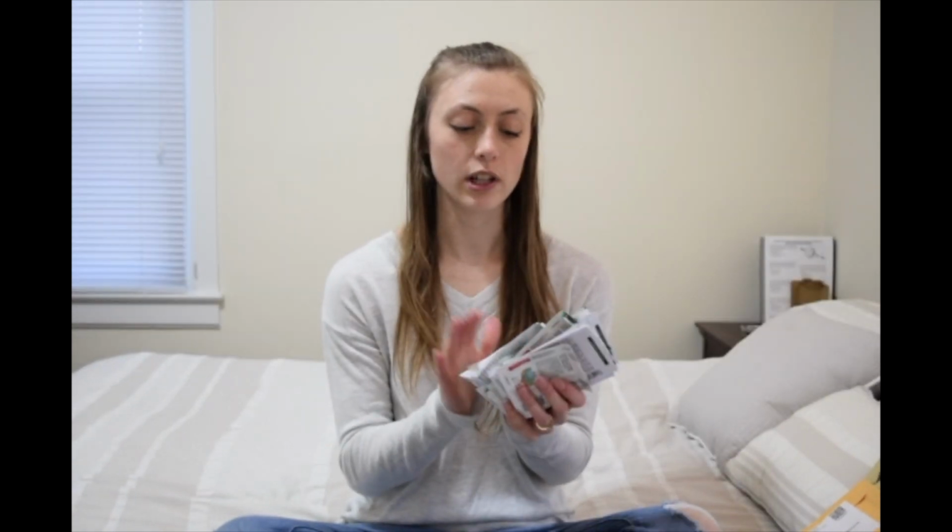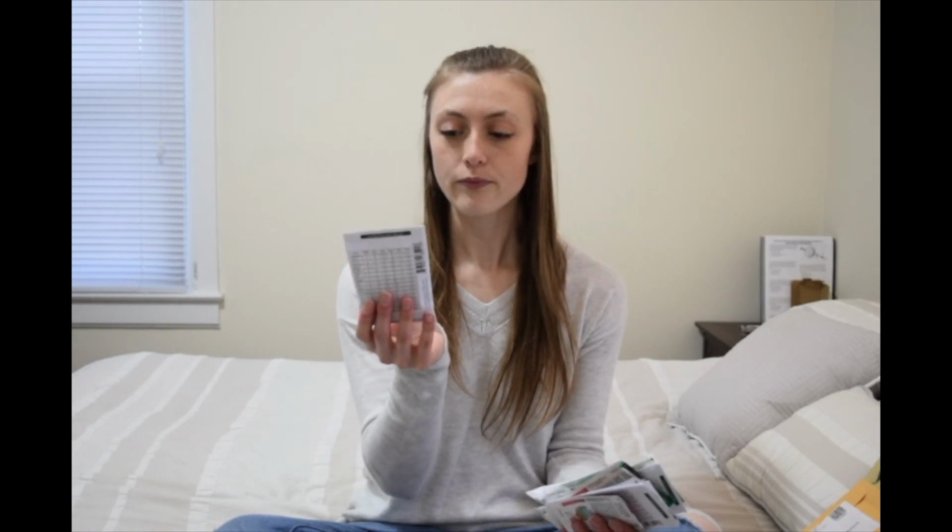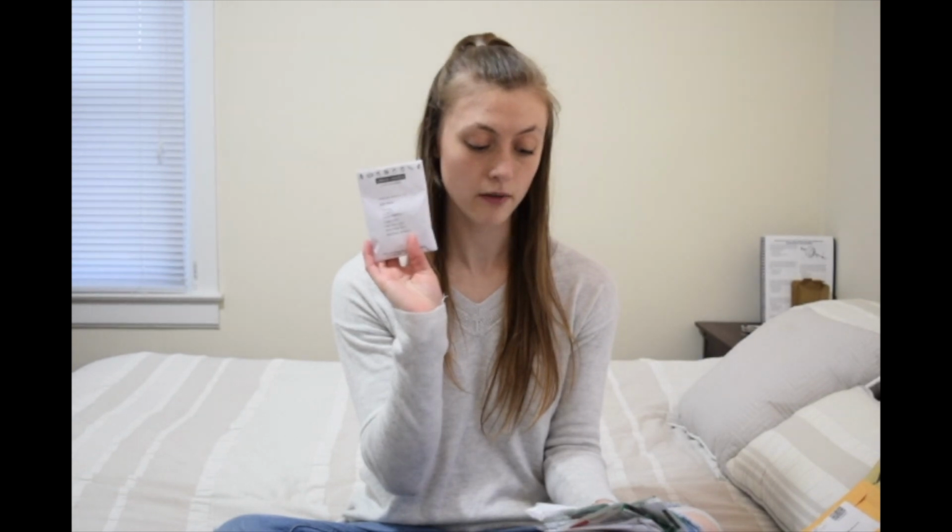So this is a really good spot for me to get seeds because it even has the germination rate on it. And most of their germination rates are 90% and above, which means that they have a lot of success with these particular seeds in our area. So without further ado,